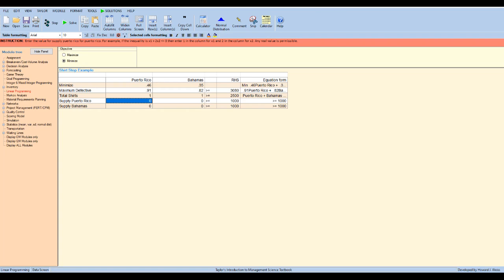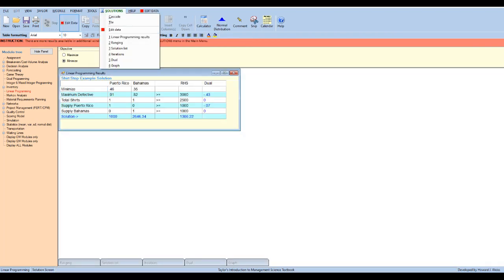Supply from Puerto Rico is 1 and 0. And finally 0 and 1. Once we've entered all of this relevant information, we are free to continue. Very simply, we hit the Solve button, and we see right here that we have a minimum of 3,500 shirts